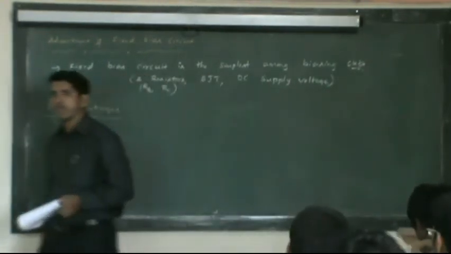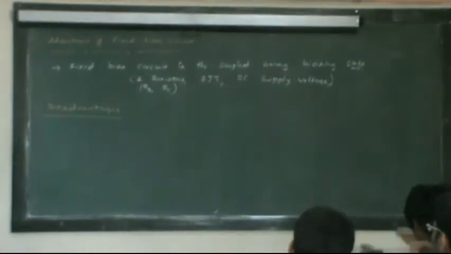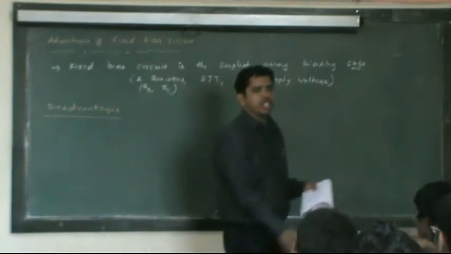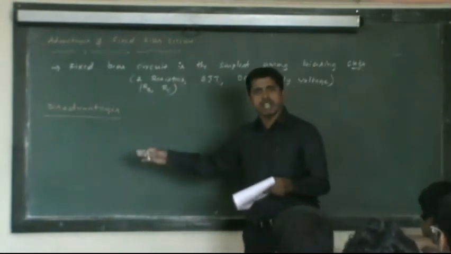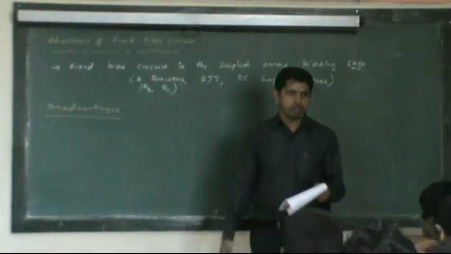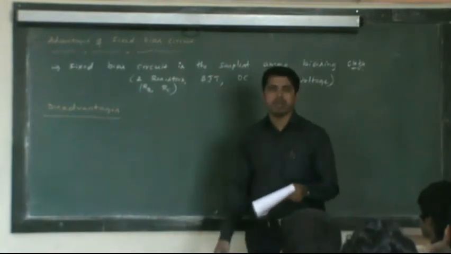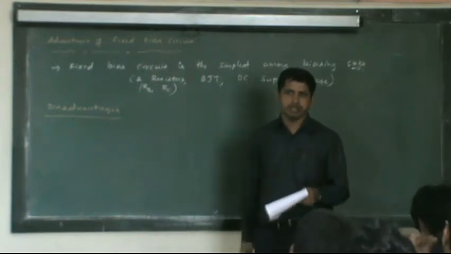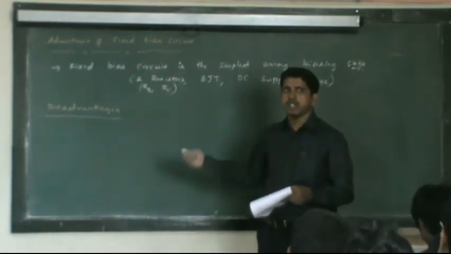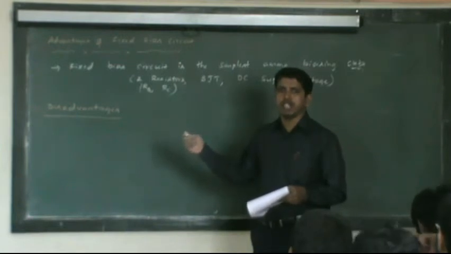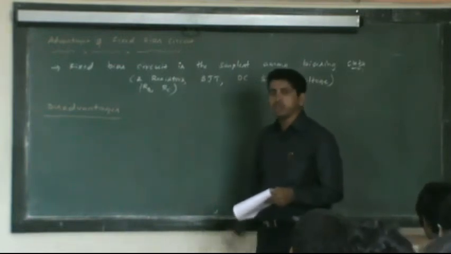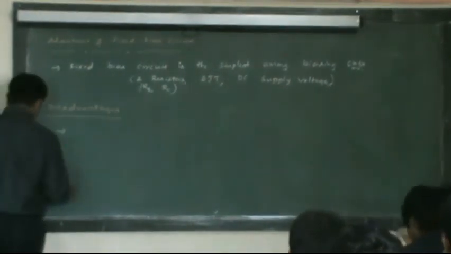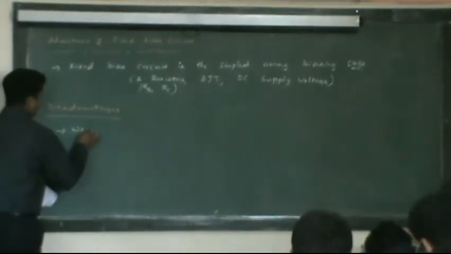Disadvantages. Any disadvantages you find here? You already see variations in the operating point. You see that the collector current keeps on changing. Stability is going to be a very big problem in the case of the fixed bias circuit. Maintaining the operating point itself is very difficult. So we can say the fixed bias circuit has the worst stability, so it's very difficult to maintain stability in this case. The first disadvantage is going to be the worst stability,